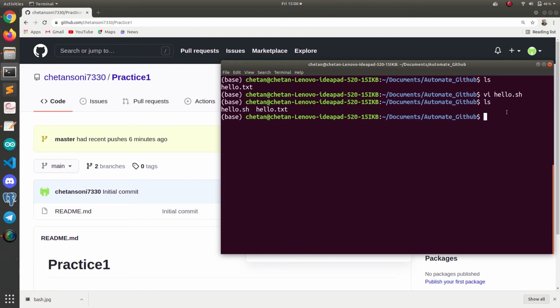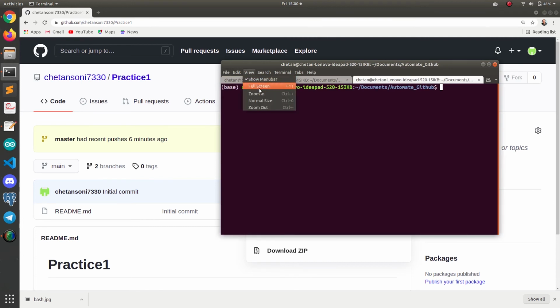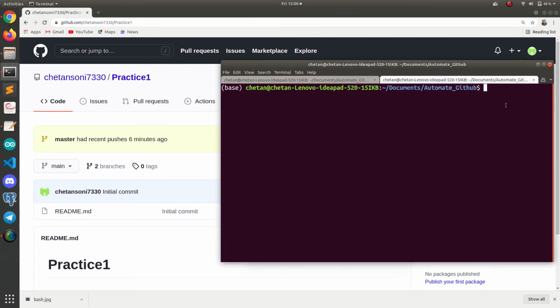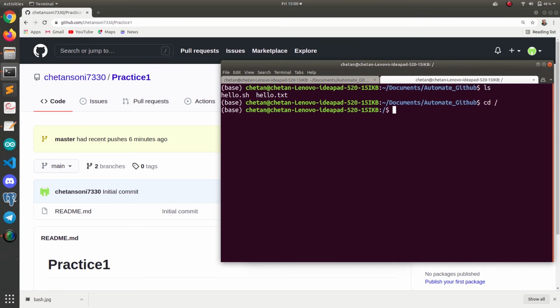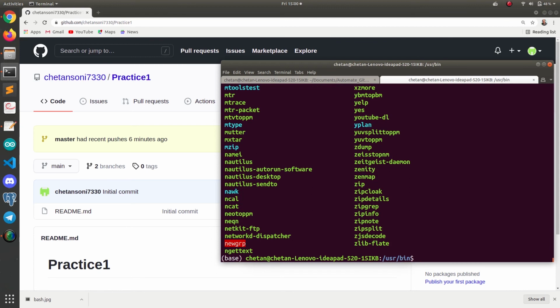So let me first open this new tab. Let's increase the size. Let me go to this root folder, and here let me go to this /usr/bin. Here we have to paste that.